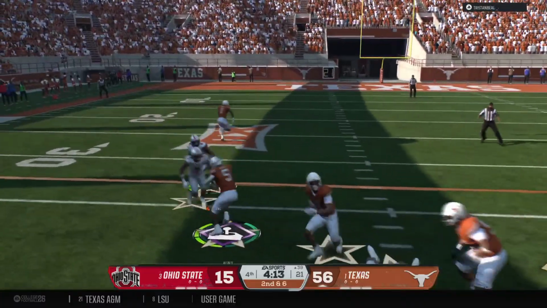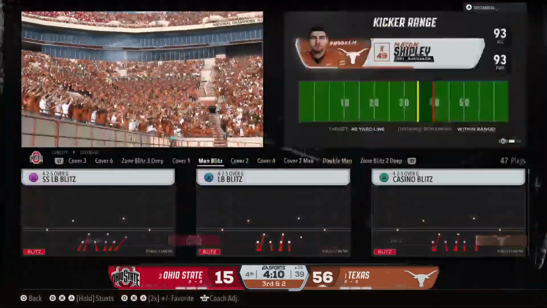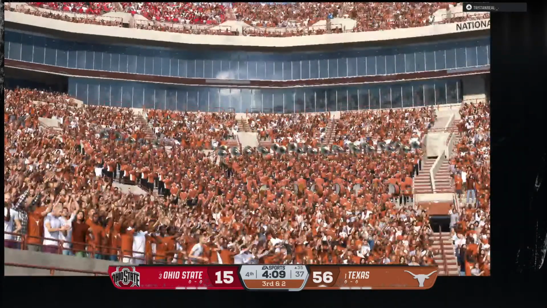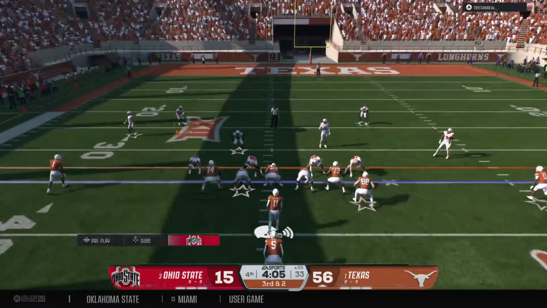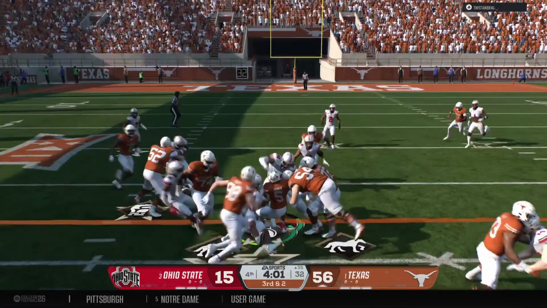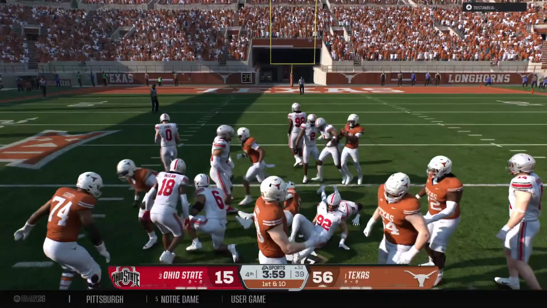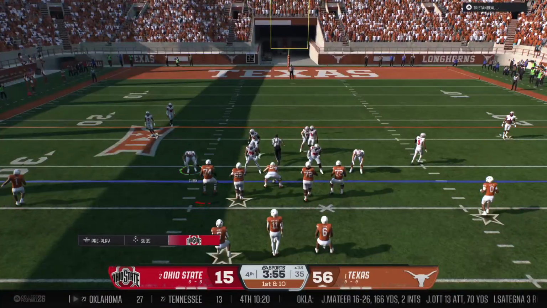A gain makes it second and medium. Out of the shotgun, he hands it off. Able to fight for a decent gain here in that running play. Well, I feel like they called that knowing chances are they're not going to hit a home run. But look at this. Put themselves in a perfect third down situation. It's much more manageable. Now we'll see if they can convert. Longhorns are on the move here. First and 10 now for the